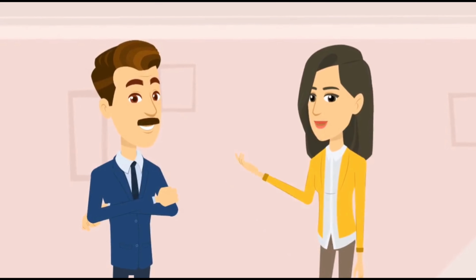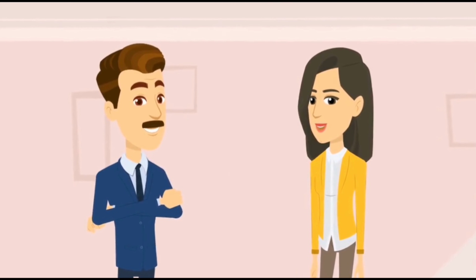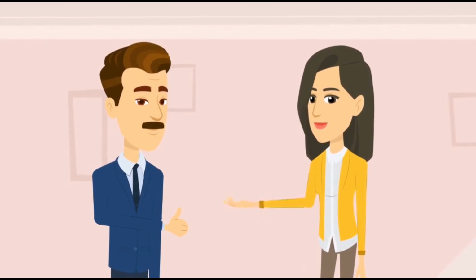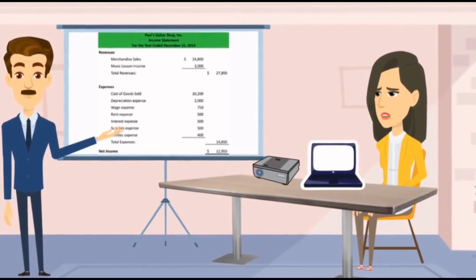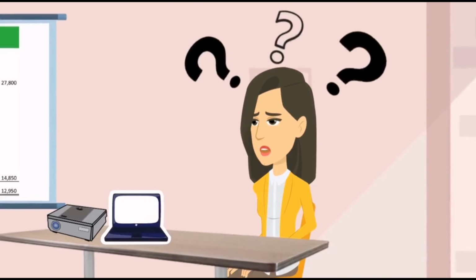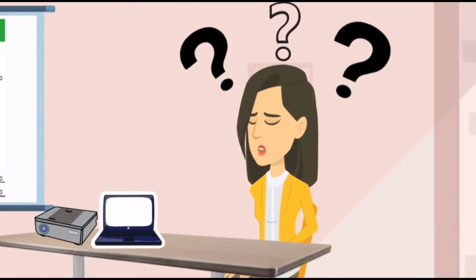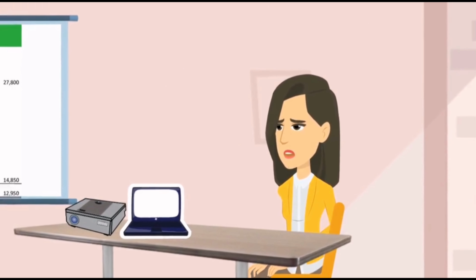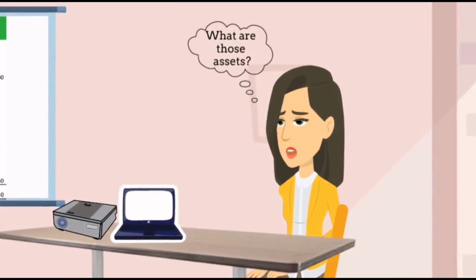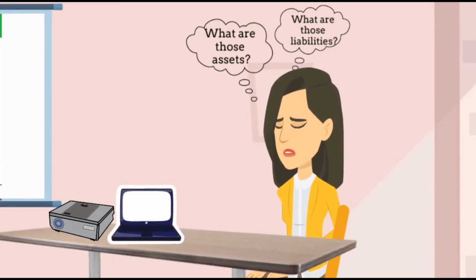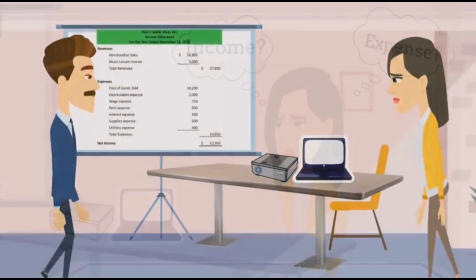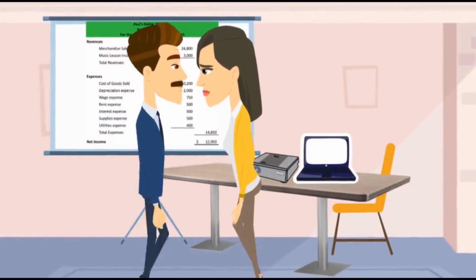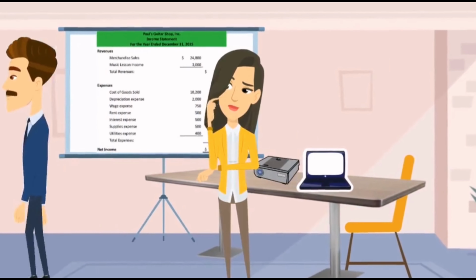She then requested her accountant to interpret the details in the report for her. The accountant began to discuss the information in the report with her. However, Jane could not grasp the financial terminology used by the accountant. What are those assets? What are those liabilities? Equity, income, expense? The discussion ended with her still not understanding the data in the report and the status of